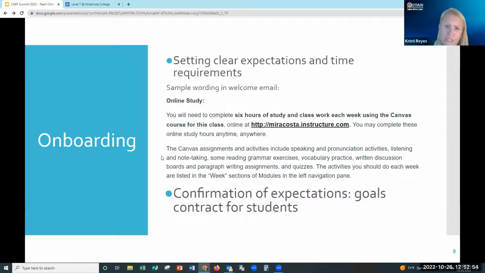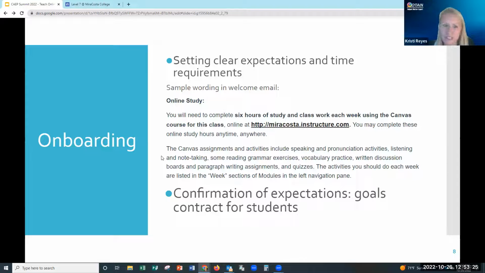A couple more things would be that in your welcome email or on your liquid syllabus, again, a lot of our adult students may not be familiar with online learning, especially the asynchronous part and the time it takes. A couple of you mentioned that the challenging part when you were taking online courses before was staying motivated.